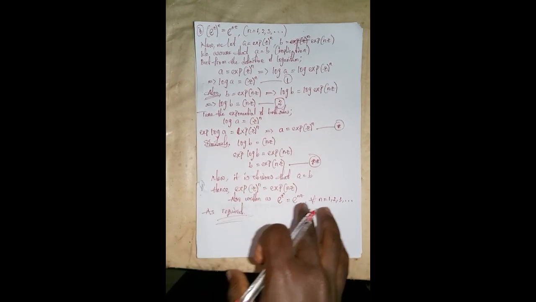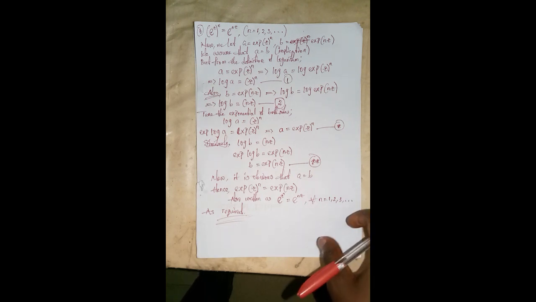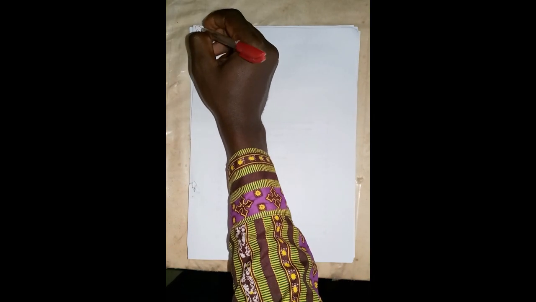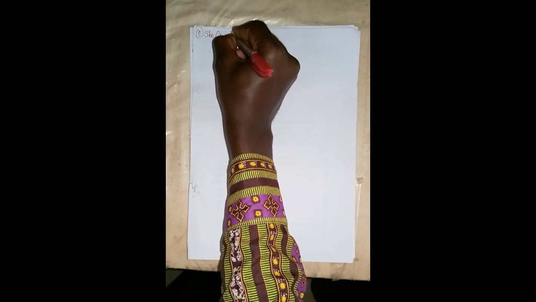this is a very easy and very self-approachable proof for you to show that e raised to the power of z, all raised to the power of n, is equal to the exponential of nz for all n equals 1, 2, 3, and so on. Now we move on to the next proof. Let's name this C, where we'll be showing that sine of z plus pi is equal